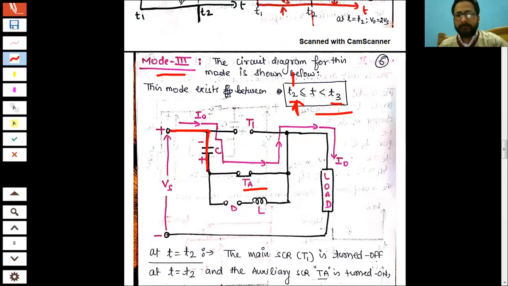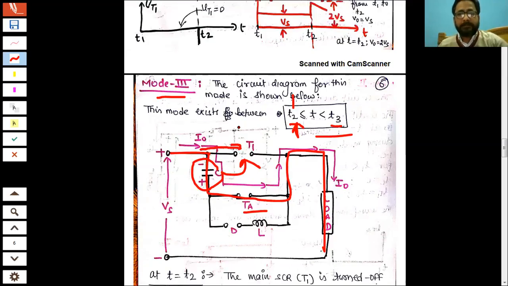पाथ बदला and it will flow through C T and like this, and immediately at t = t2 the voltage that was here will appear across the main SCR T1, and this voltage as it is appearing across T1 is equal to Vs or minus Vs, so it will reverse bias the main SCR and suppress it. अब यहाँ पे दो चीजें हुईं, एक तो इसके क्रॉस रिवर्स वोल्टेज आ गई, दूसरा जो इसका